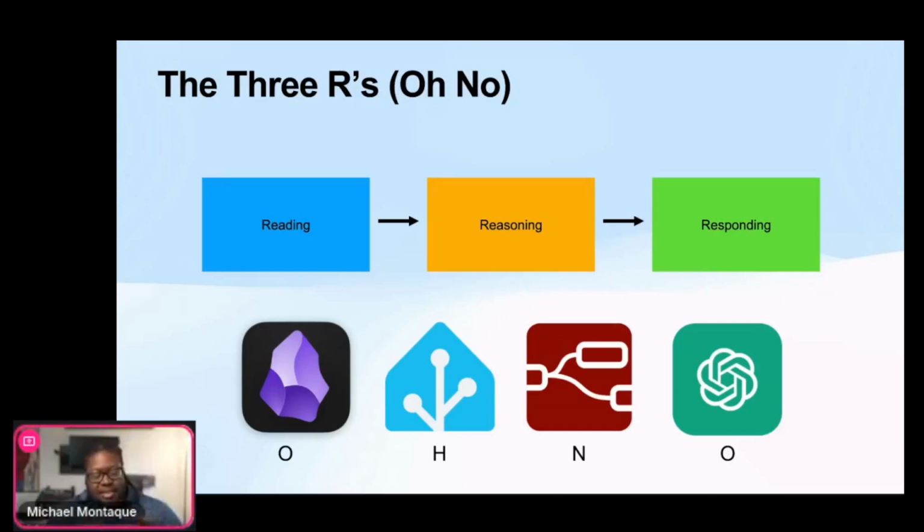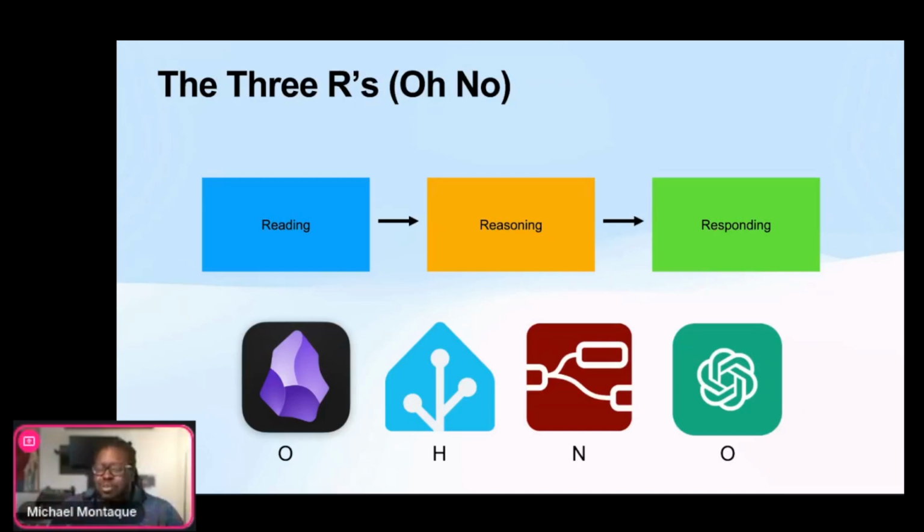With the three R's, you have reading, reasoning, and responding. What I'm finding is that it lets you separate the concerns out. Particularly, it makes it very easy to see when things are going wrong, and it also makes it very easy to expand rapidly and with precision. Because you have one way of taking information into your smart home, your reasoning aspect can now branch out independently of how information comes in. Let's say you have things come in via text. Based off of that text, you can have one or more different automations fire, and you can see very clearly how that moves throughout the system.